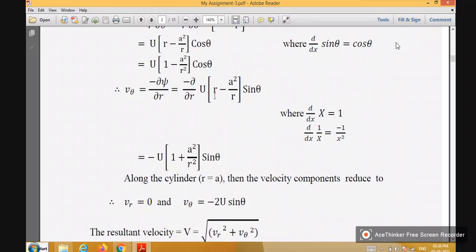Then for the r component, dou by dou r of r equals 1, and dou by dou r of 1 by r equals minus 1 by r square. That is this: minus u into r partial derivative is 1, and a square by r, 1 by...